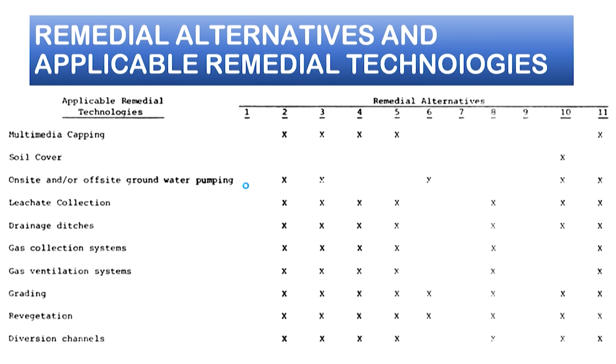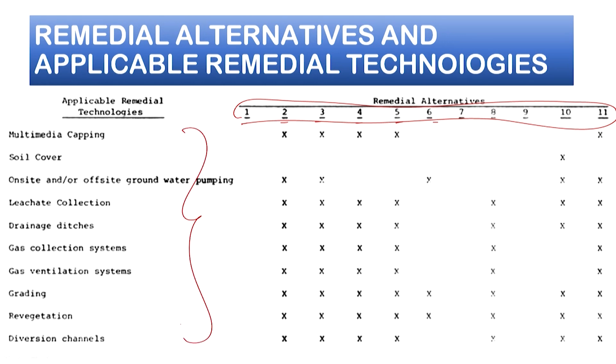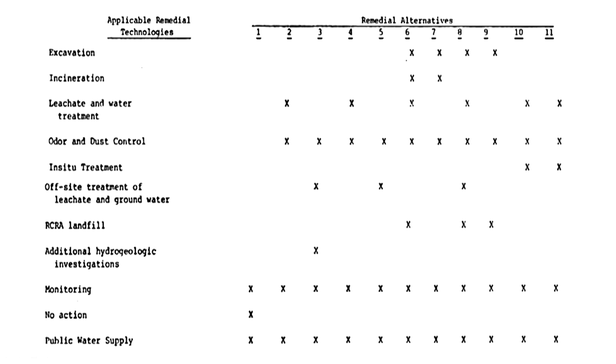Obviously I need to look at various factors. So here I am going to look at different cases, as in all the alternatives listed here, 1 to 11, the number of alternatives that we just considered, and we are going to look at what are the aspects involved here, so that we know the amount of resources that are possibly involved, and also the practicality of these remedial options in addressing those particular risks. And then again available remedial technologies, can this particular aspect meet your particular alternative and so on. So we are going to look at that.